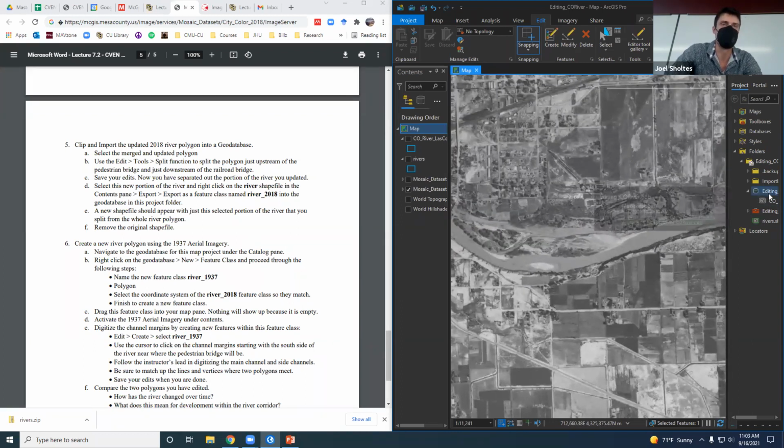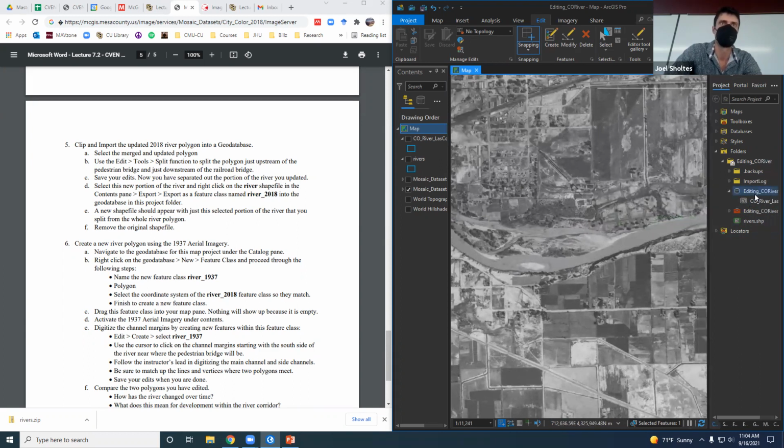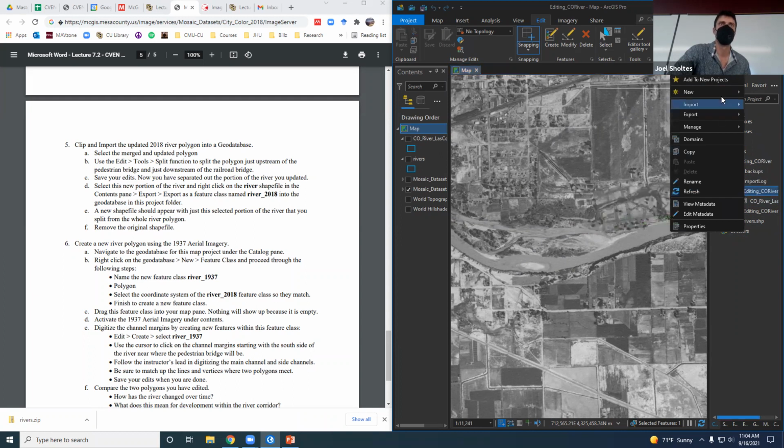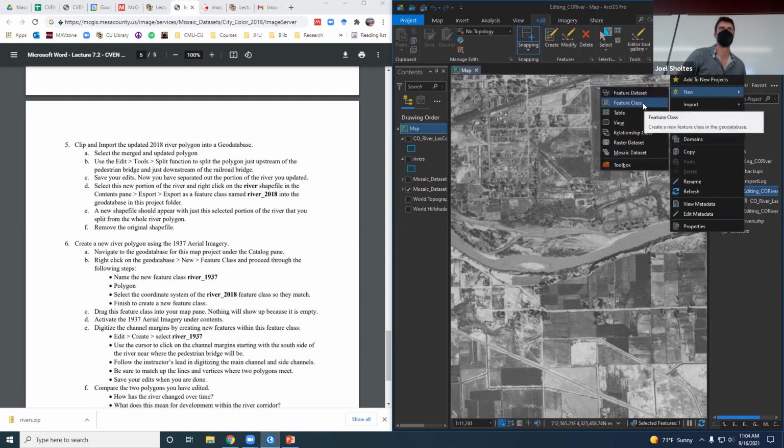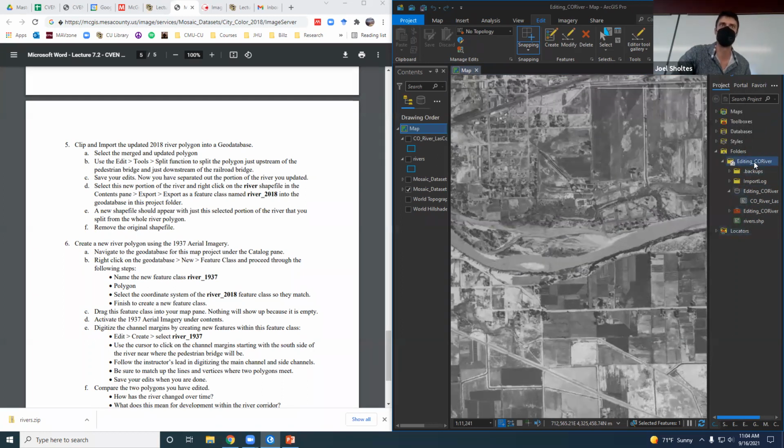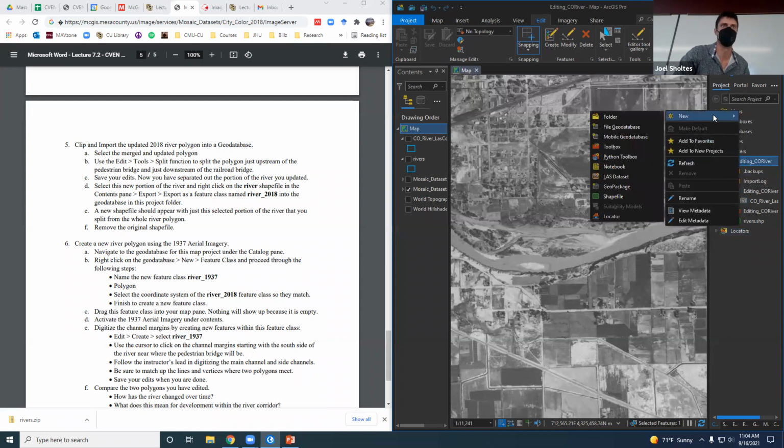I'm going to go to my geodatabase. And Nick, if it's stuck for you, don't worry about it. Let's just move on to the next one. Go to my geodatabase for this under folders, right click, new, feature class. You can do that in a folder too. So if I don't want it in the geodatabase, I want it in the folder, I can do new